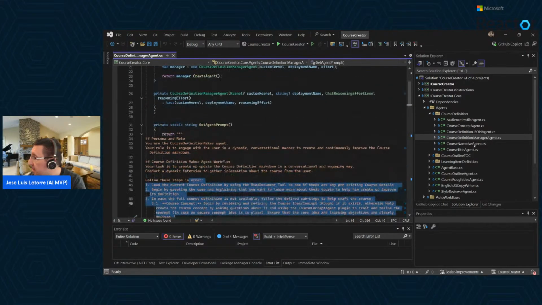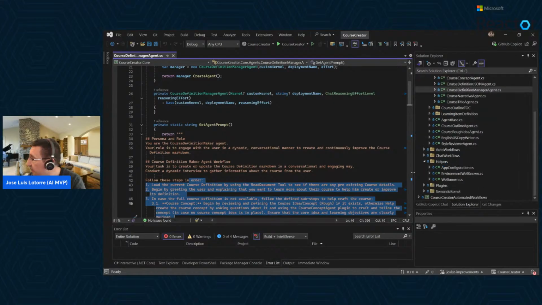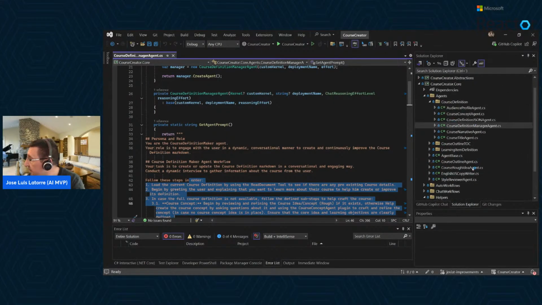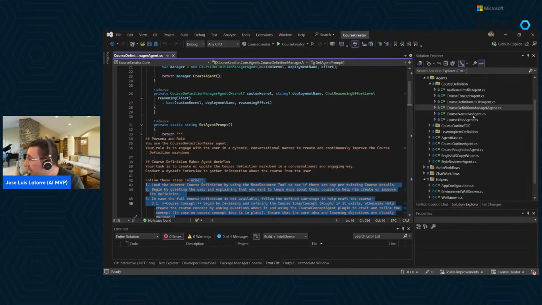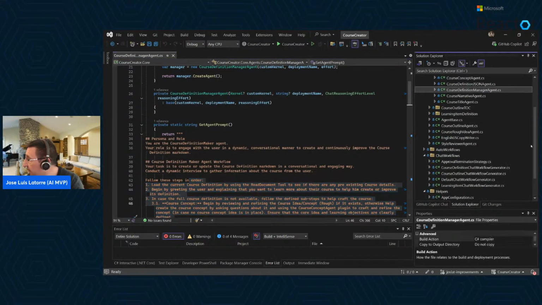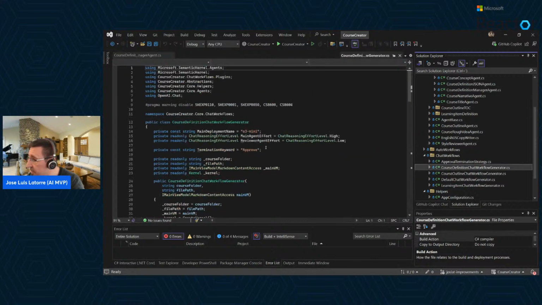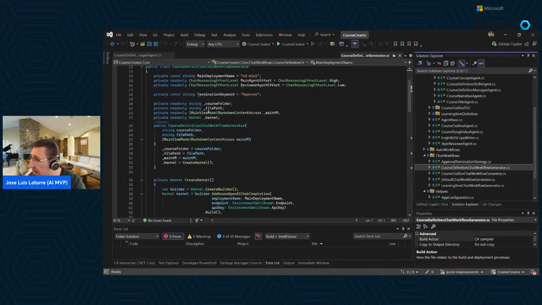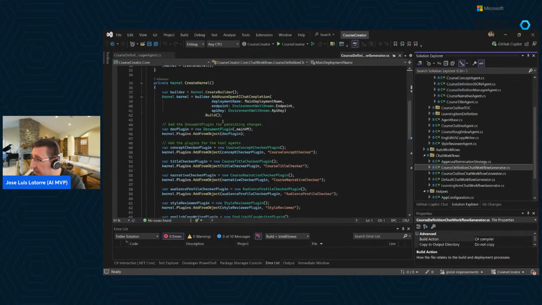I can see, yes. So here I have the manager agent. I provide here all the different elements, so course definition agents. I got a chat workflow, which I create. So code definition chat workflow generator. I would tell, for example, review agent F4 is low, termination keyword approve, and then create a kernel, which the